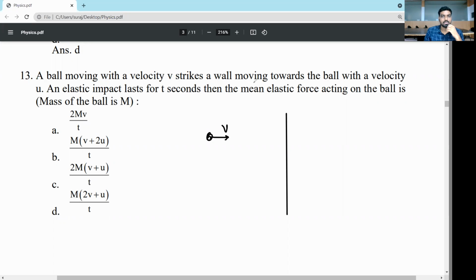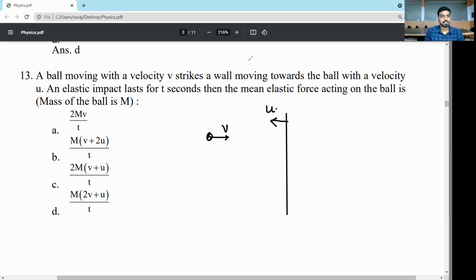Now the wall is not at rest, it is moving with u, and elastic impact lasts for t seconds. Then the mean elastic force acting on the ball is